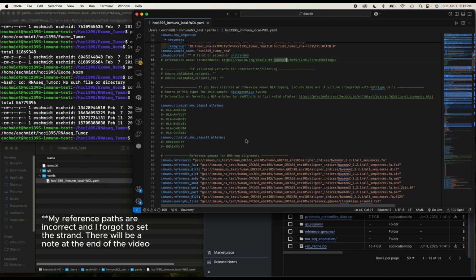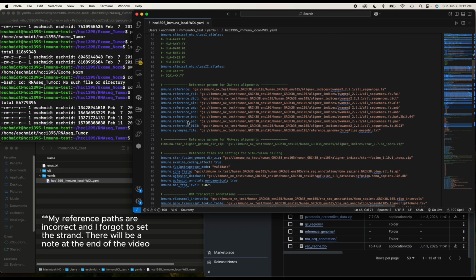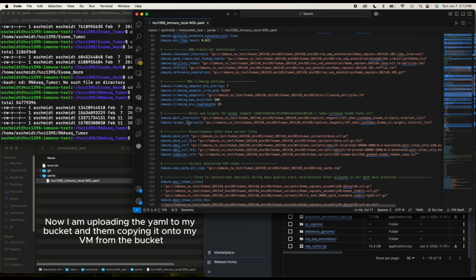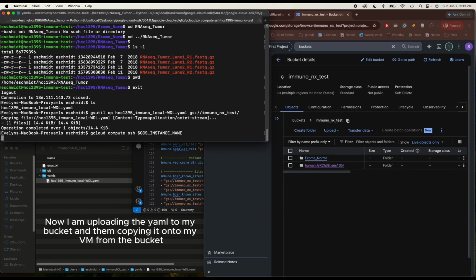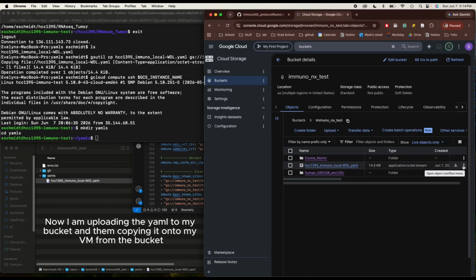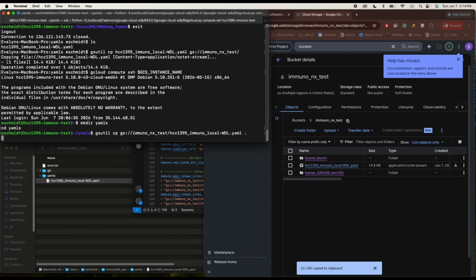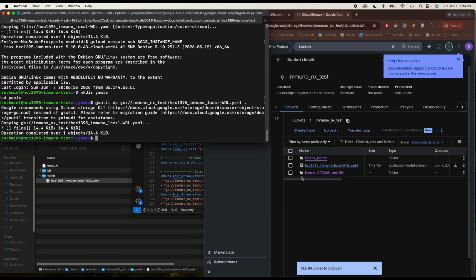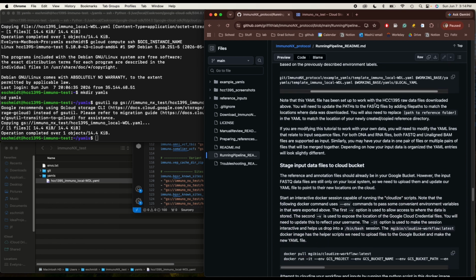So now I think we have everything. If you have clinical HLA typing, you can input that here. We're also going to leave that blank. Okay. So now we have our